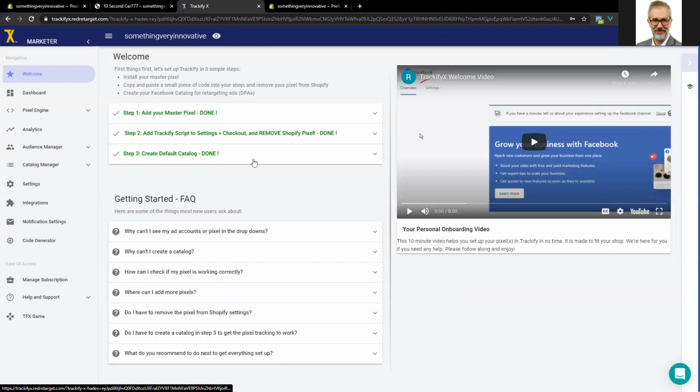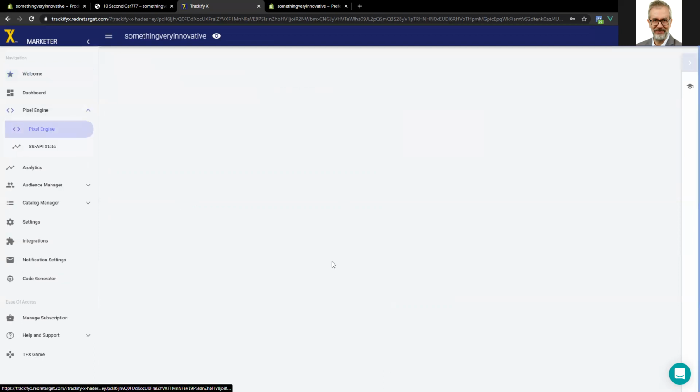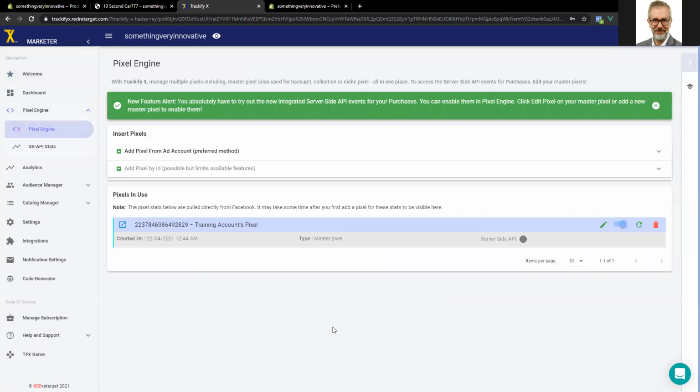Now let's go to the next step, and that would be going to the Pixel engine and putting in a backup pixel. Backup pixels are really a good idea to use just in case you get blocked from Facebook with one of your pixels. You can simply go in and use the backup pixel and put that into your ads and run ads again from another account, or however, depends on how you're